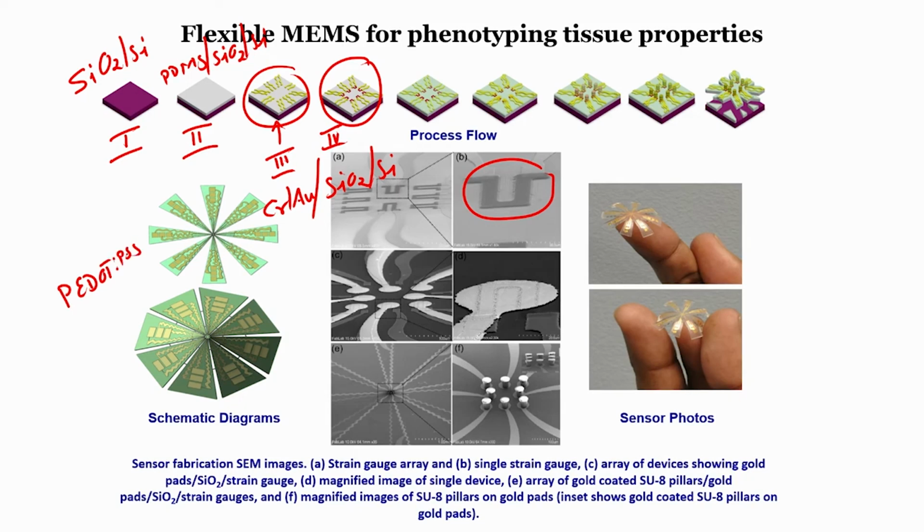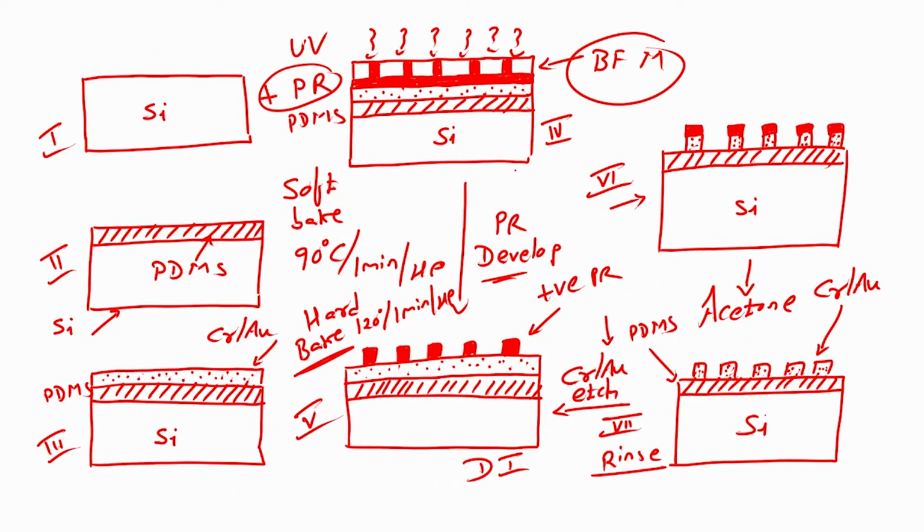So, let us see how we can spin coat this material and form a strain gauge. It is exactly similar to what we have been discussing on this particular platform. So, we will start from here, and to make things easier we will just show two contexts. So, if you see the slide,